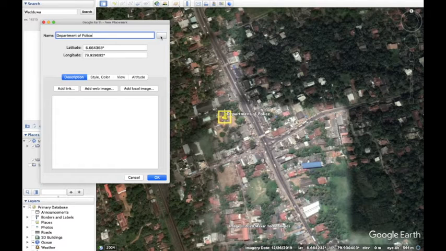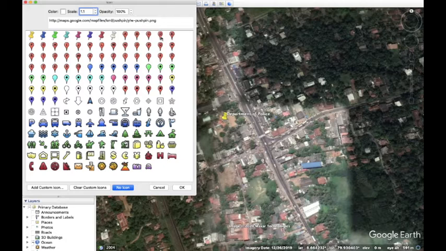Also, you can change the icon's color and the type of the icon by clicking this button. There are many options.